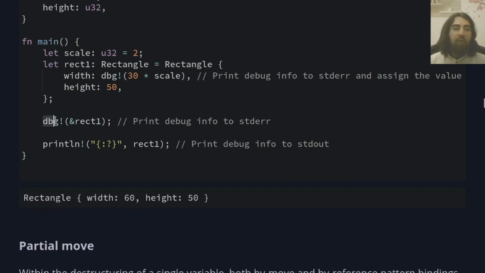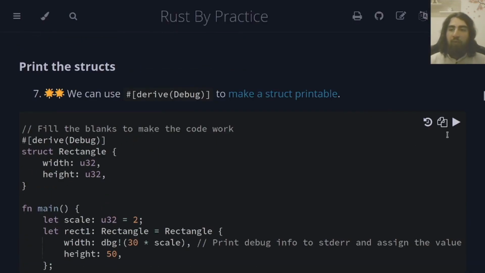And the difference between debug macro and printline macro, as you can see, is that printline will print to the standard output, while debug will print to the standard error. And that's why you don't see it over here. You just see the printline output. Now to see that,